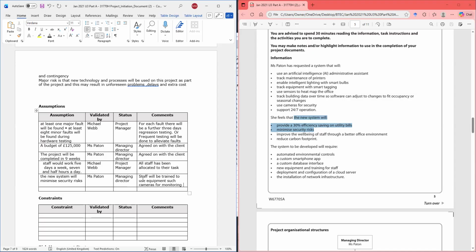Right? It's right there on the PID. If you look, it's right there on the PID. Right? And that's what we're using.